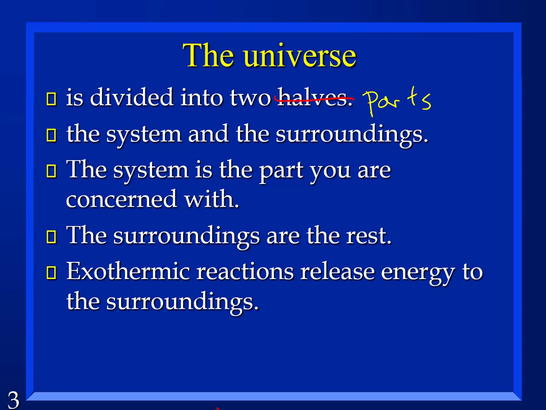Ever seen the prefix exo before? You've seen exo at exoskeleton. Okay. Exoskeleton is when the skeleton is on the outside. That's what exo means, outside. So if I want to go outside, I go through an exit. So exo means outside, so that means the heat is going out. So exothermic, it's going out.